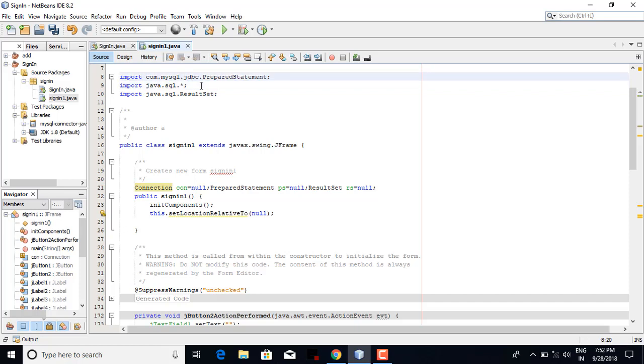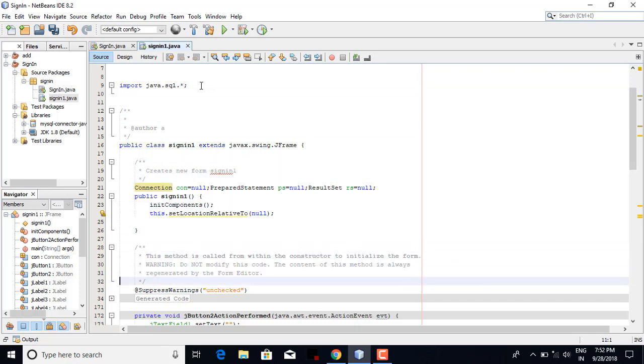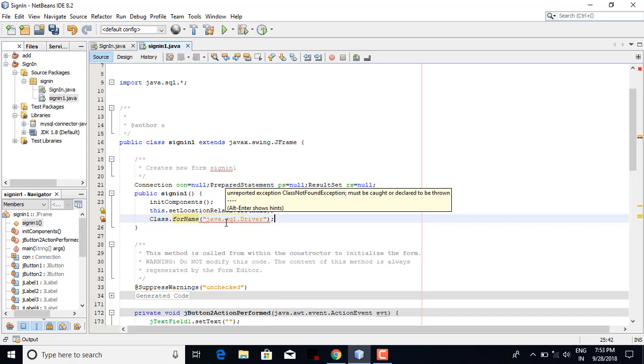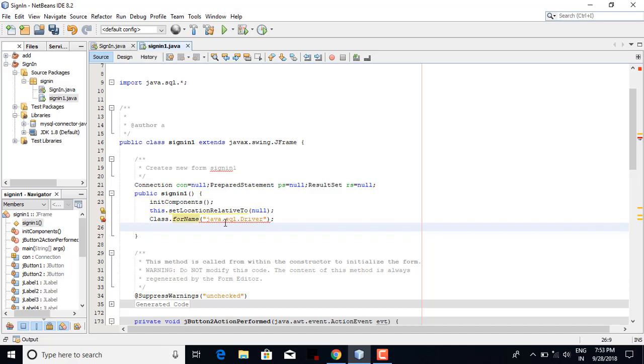Sorry here, yeah, my mistake. Okay, now quickly do that. Class.forName("java.sql.Driver"). This is going to initialize this driver, MySQL connector Java, which we have installed previously. Class.forName, con is equal to